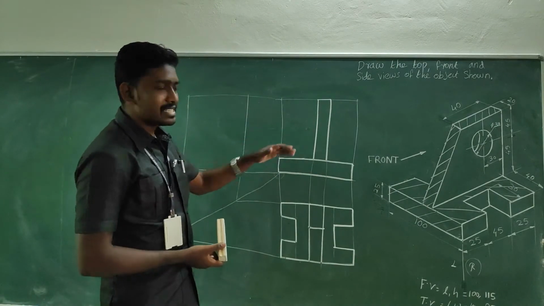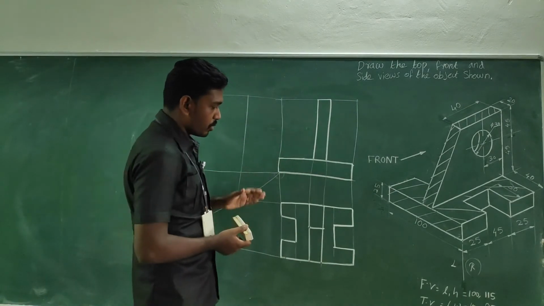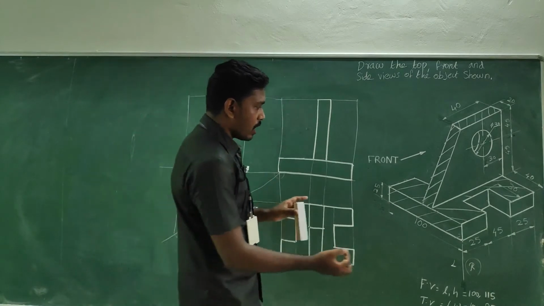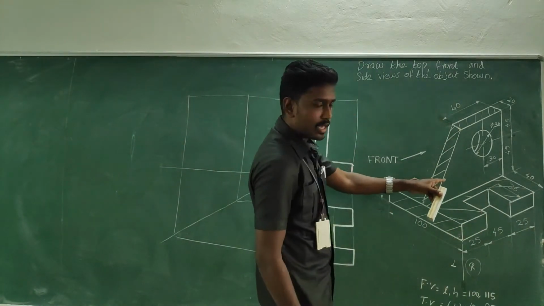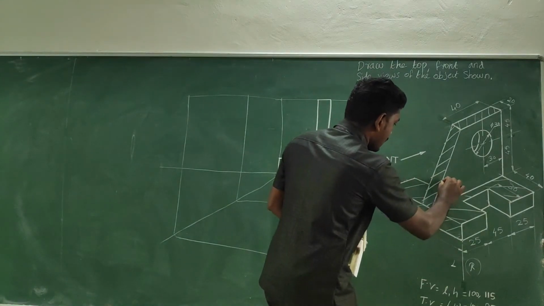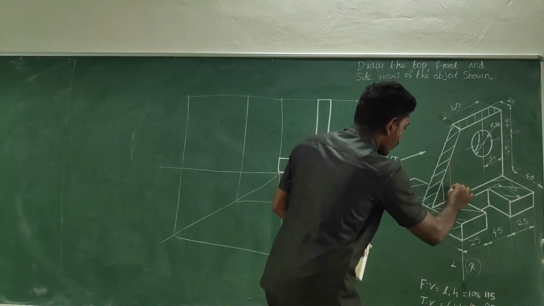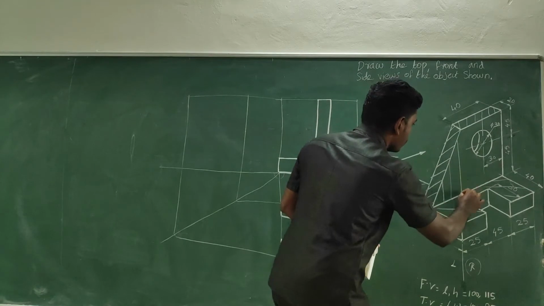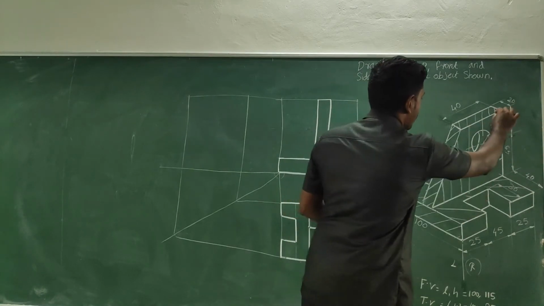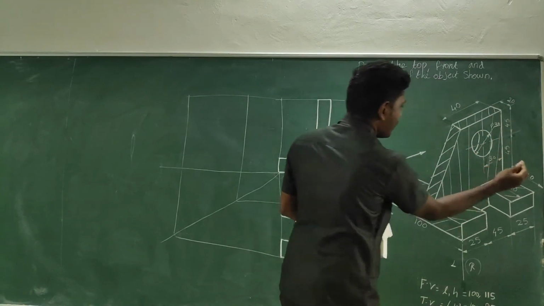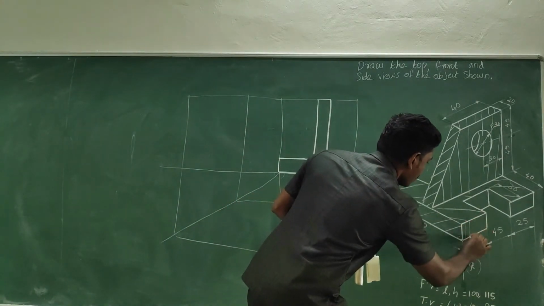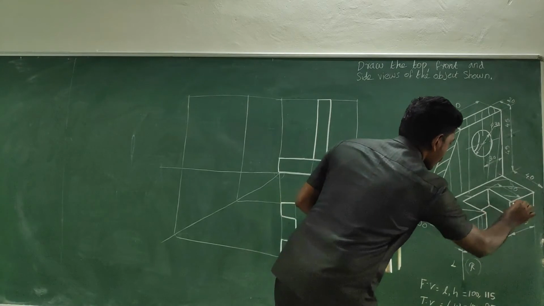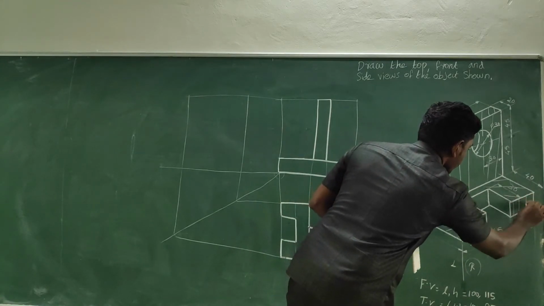Let me move to the side views. Okay, the side view, which is the right side view. So now this is the position of the observer. Just give your sight to the object. This vertical wall face can be seen, and this can be seen as well. In the base, these portions can be visible.